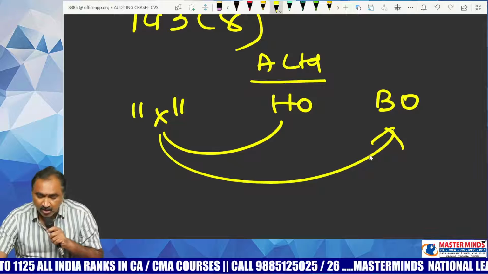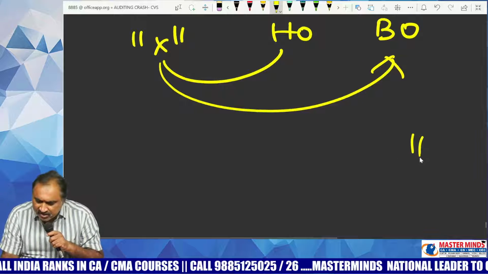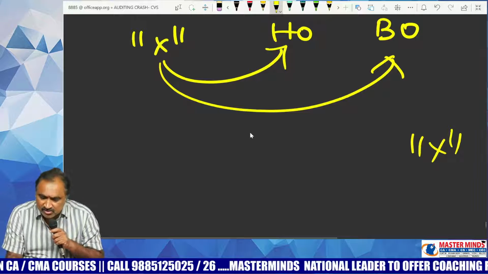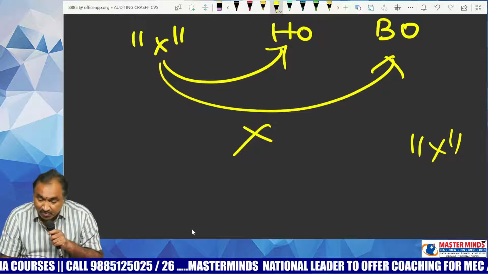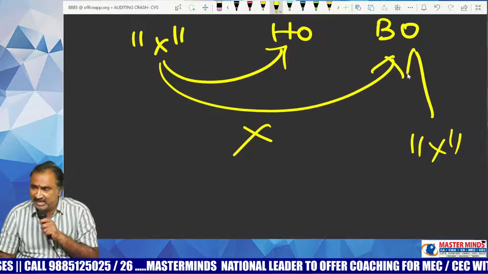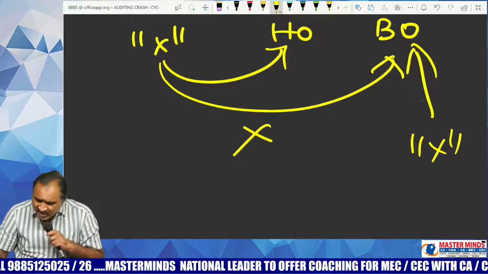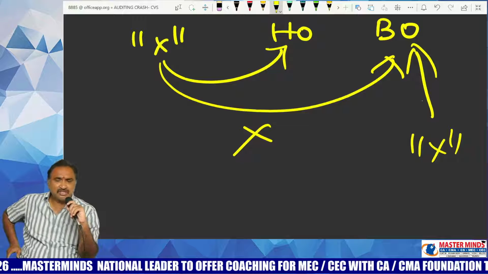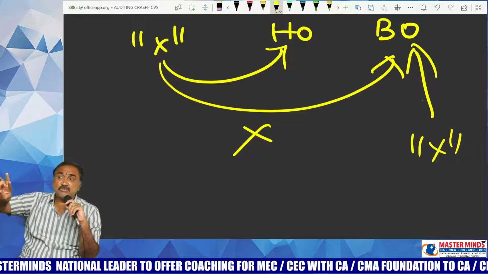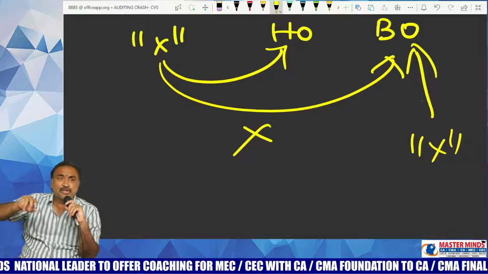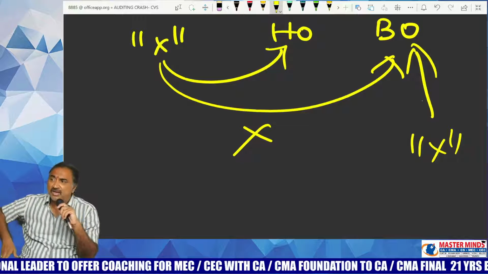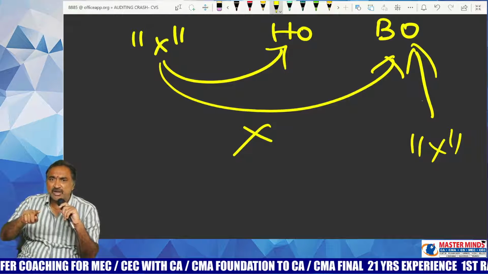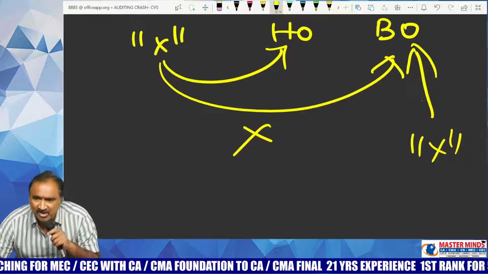Yes or no? Now, the most important point: there is another person called Y. X is appointed as the auditor of head office, not as the auditor of branch office. But Y, another chartered accountant in practice, has been appointed as the branch auditor. Do you identify any difference between the previous example and the present one? What is the previous example? In the previous case, the same person has been appointed both as the auditor of head office as well as the auditor of branch office. Yes or no? In the present case, one person is appointed as an auditor of head office and the other one has been appointed as the auditor of branch office.